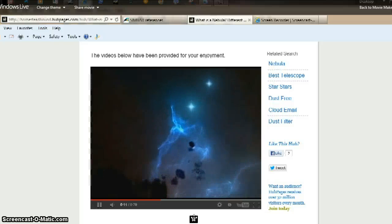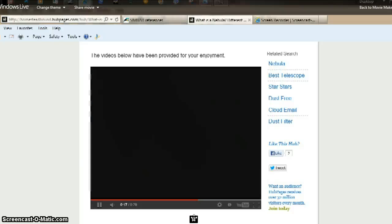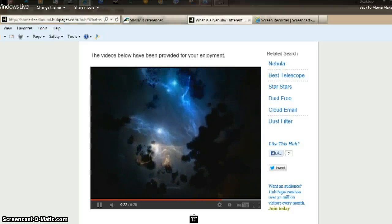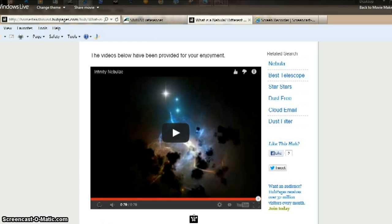Looks like our sky. Looks very familiar to me right there. And this is supposed to be in the far reaches of space. Glowing areas, dark areas, hazes. So,